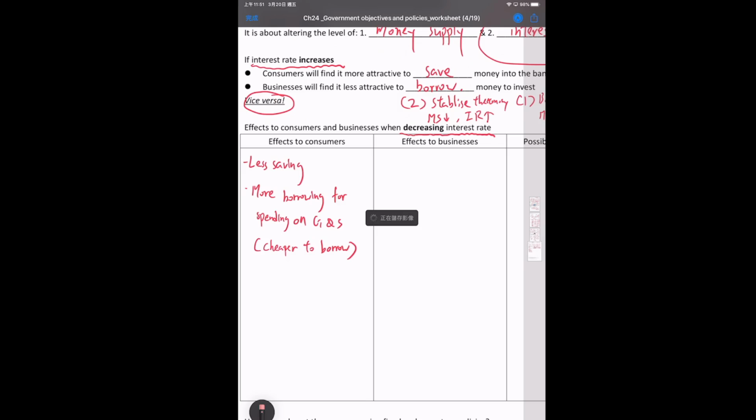So I'm just going to use the answers here. And also, what will happen to the businesses if there is a decrease in interest rate? What do you think will happen to the businesses? So for businesses, when there is a decrease in interest rate, what do you think they are going to do? Yeah, there will be more borrowing for investment